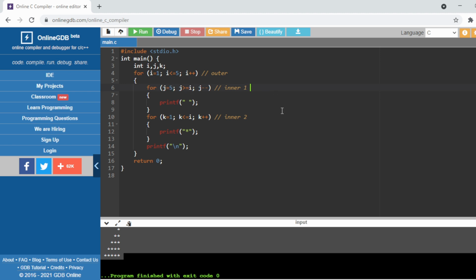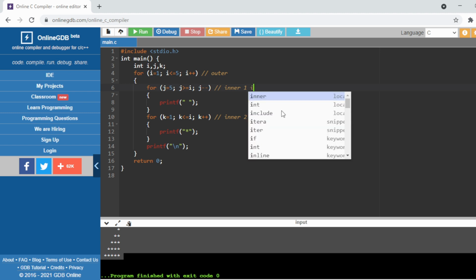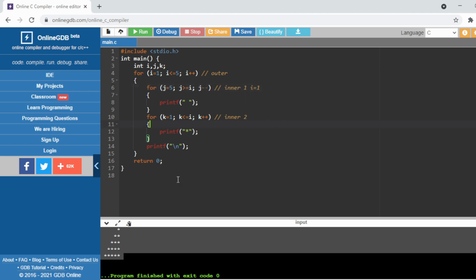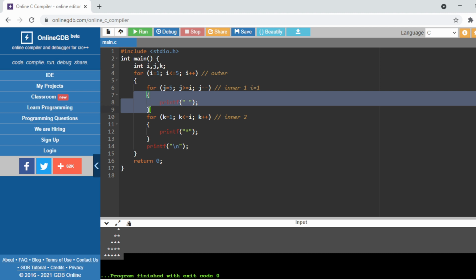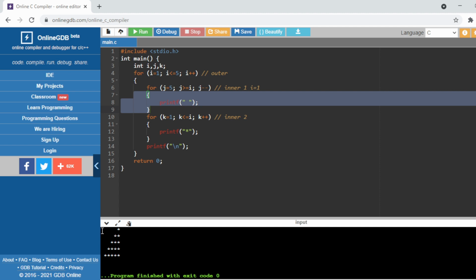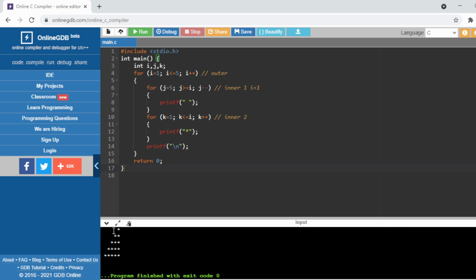So in this line at the first time the value of i equals 1, and so this loop will run 5 times. As this loop runs 5 times, at the first time this statement will work 5 times. So it will print 5 spaces, nothing else. It will print the 5 spaces, right? So this is basically the space before printing the star, right?